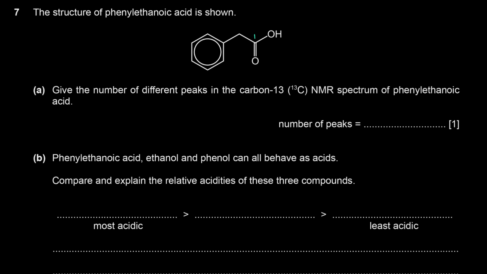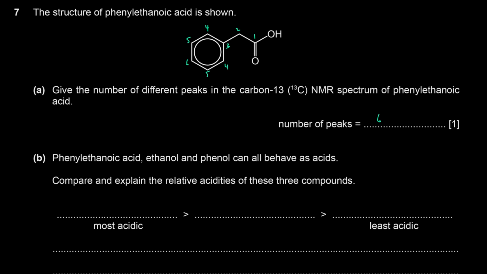We have 1, 2, 3, right? These two are the same, so that's 4, right? This is symmetric. These two are the same as well, so that's 5. And then we have 6. So we have 6 different types of carbon atoms here, so we're going to see 6 different peaks in the